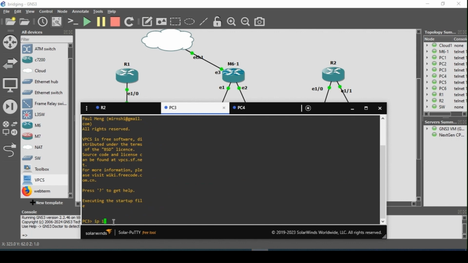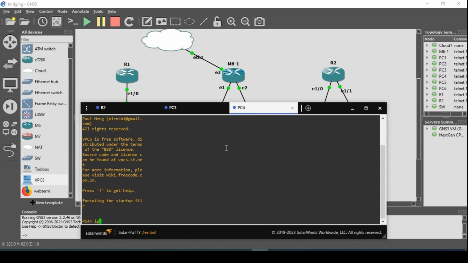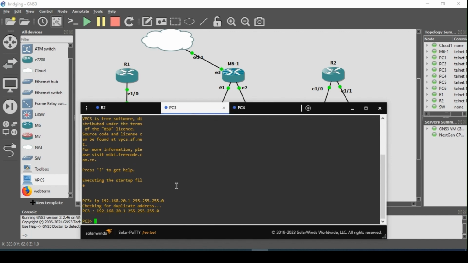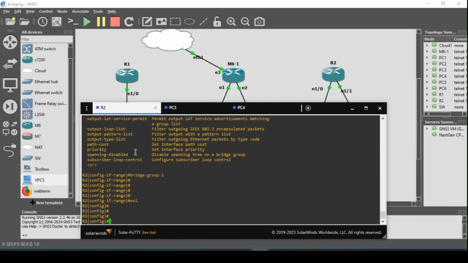IP 192.168.20.1 255.255.255.0. The second is going to be IP 192.168.20.2, 255.255.255.0. It will not reply, but let me just send a ping test to 192.168.20.2. It will not reply until I create a logical interface, and that logical interface is done in global mode